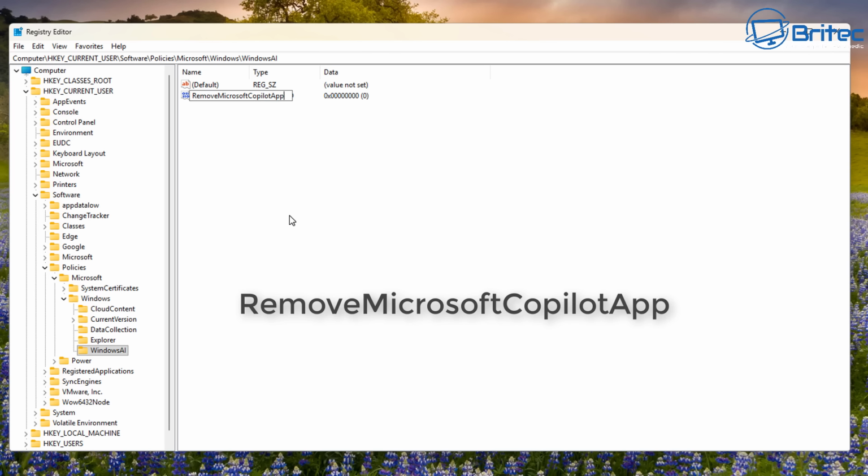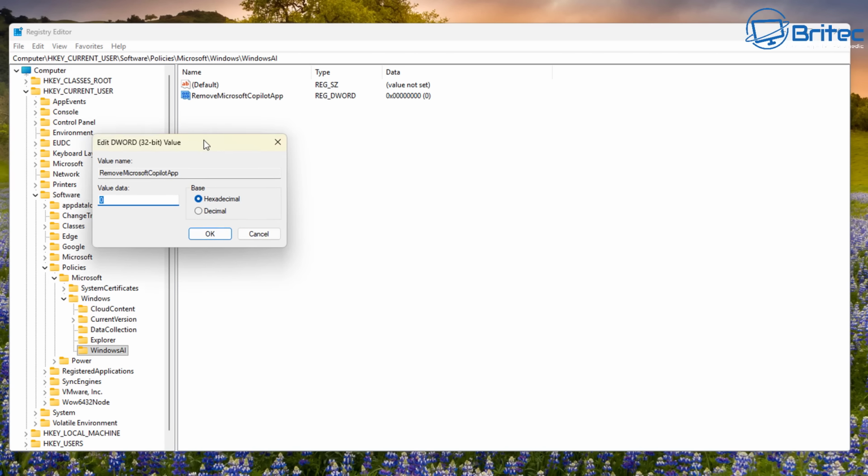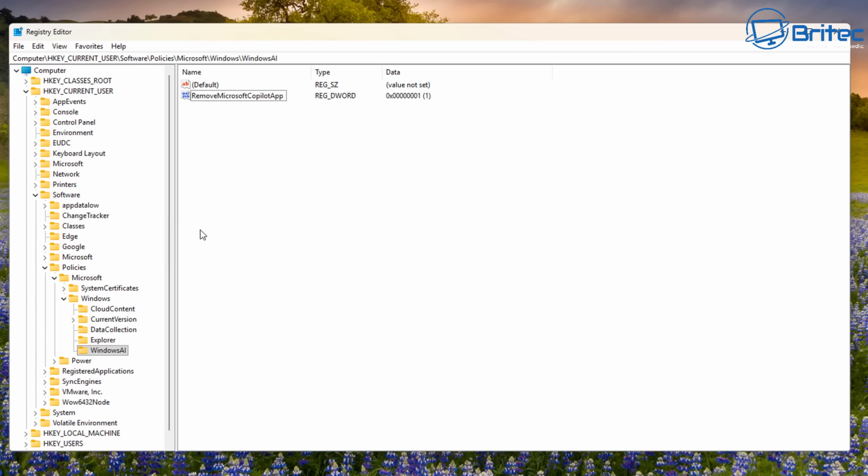And then app, just like so. Once you've done that, we can double click on the actual entry that we've got right here and give it a value of 1, because this will make it uninstall. So let me just quickly extend this so you can see. It should look something like this. Double click on it and you'll see the value data. So put 1 inside here, click OK and restart your PC, and that will tell the system that